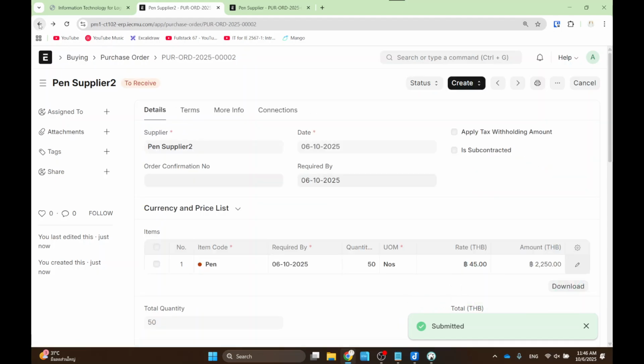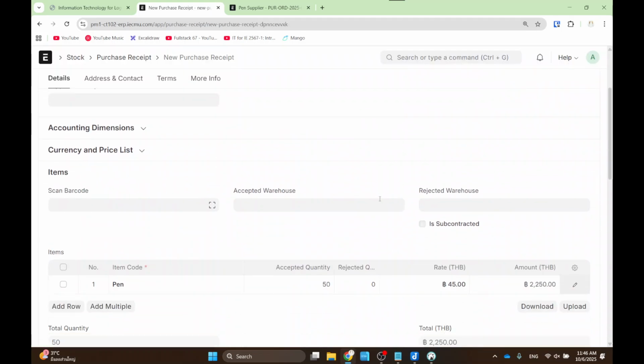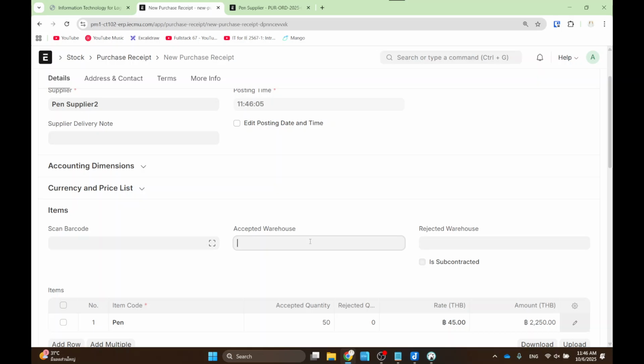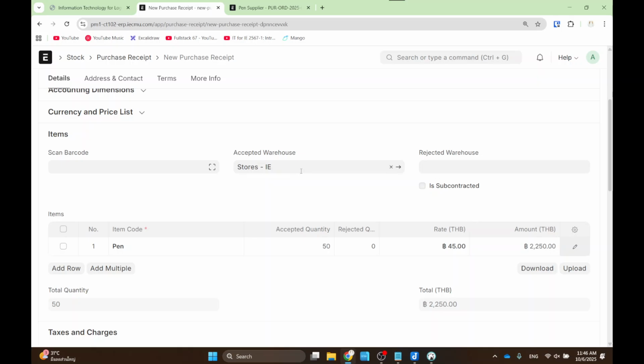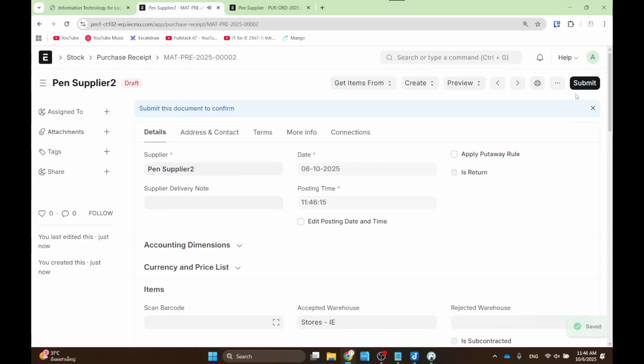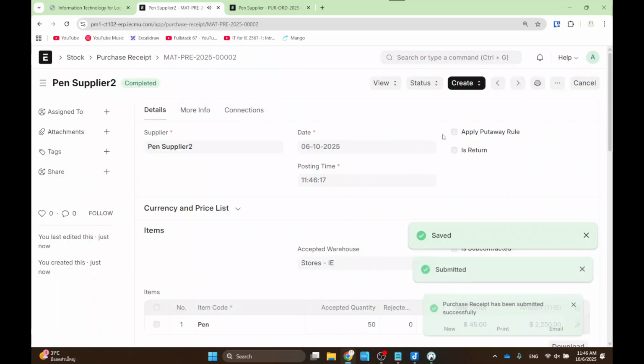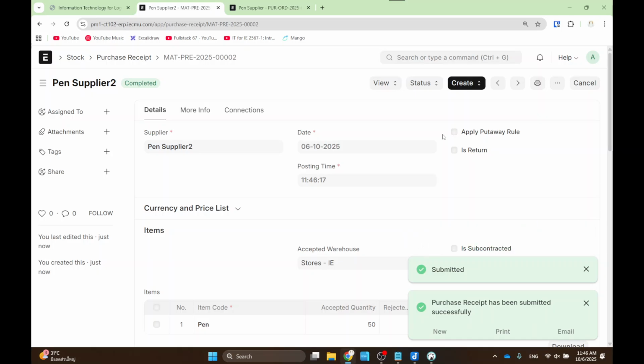I can hit back. And then I create another receipt of my goods, which is purchase receipt. And this one I have to tell the system where I want my goods to be, so store, as usual. And then I'm gonna hit save and submit. I'm done. So you can imagine that there are many documents in here, but it allows you to split